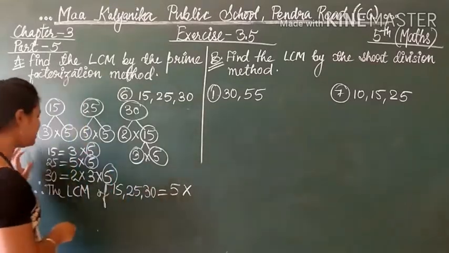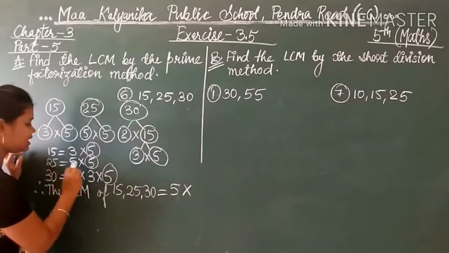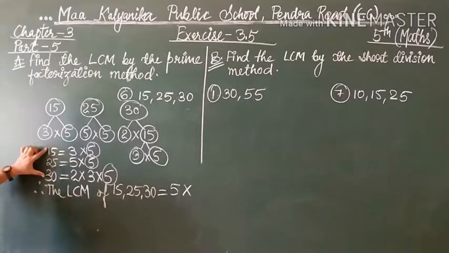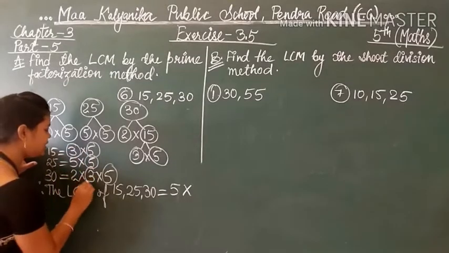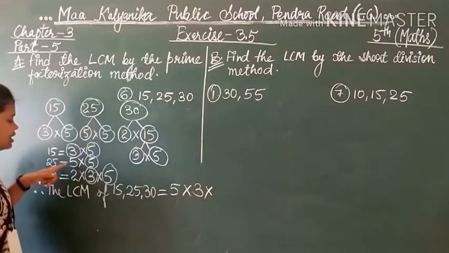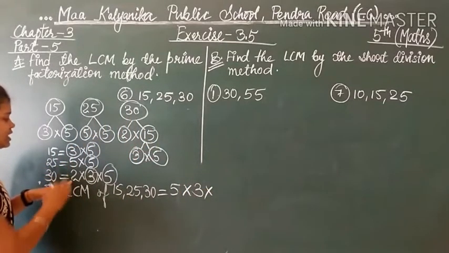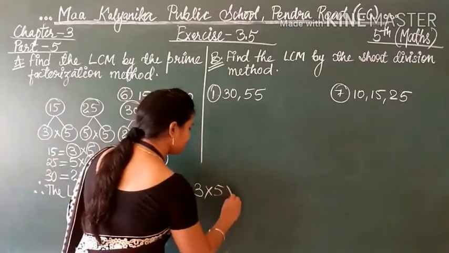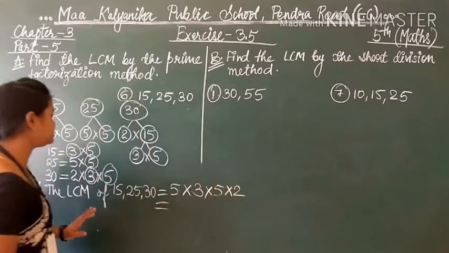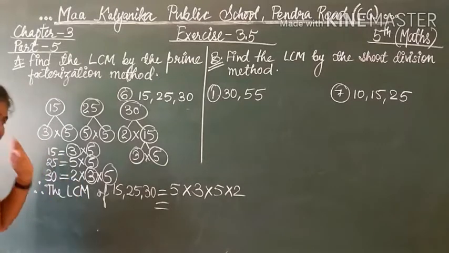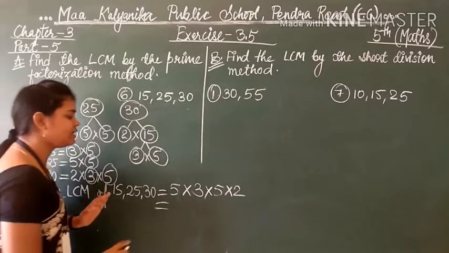So 5. Now see students, here 3 is there, here 3 is not there, but here 3 is present. So if in 2 numbers there are some common factors, we will take them once. See here 3 and here 3. For these 2, we will take one 3. Then here 5 is there, and here 2 is there. No other common factors are left. So simply 5 and 2 we will write. I hope you are understanding. If you are not, just watch this video twice or thrice. It is very easy. You will be able to understand it easily.